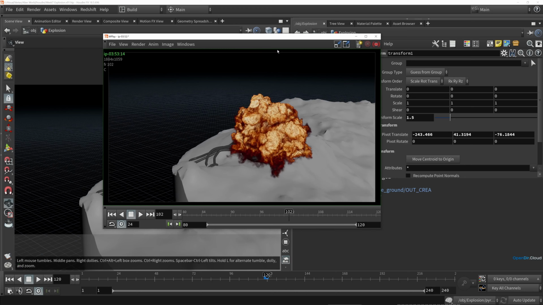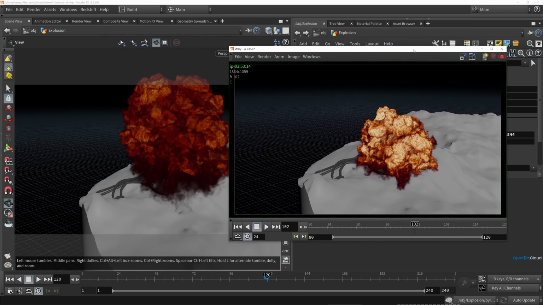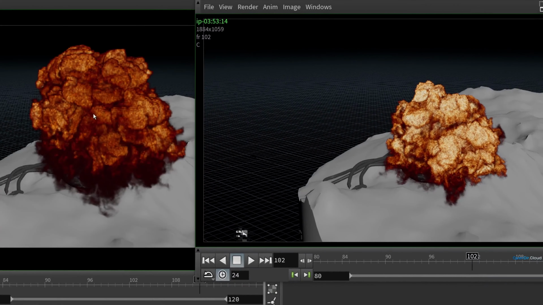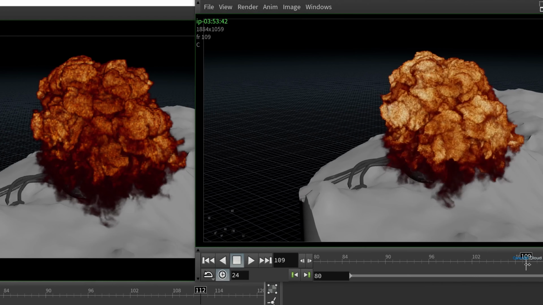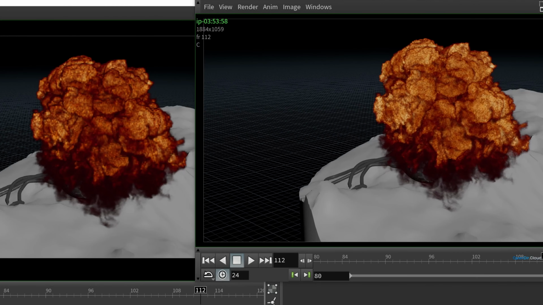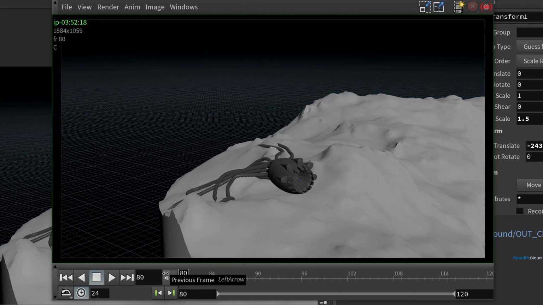And if we compare this to the previous version, then you can see how much the previous version was suffering due to those viewport display limitations. Maybe I'll go to the same frame just for a better comparison. And yeah, this certainly looks much nicer with this better display setting. And it's kind of a subtle thing, but you can see how